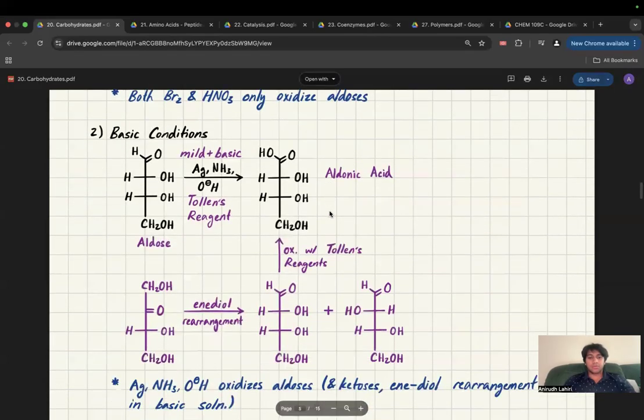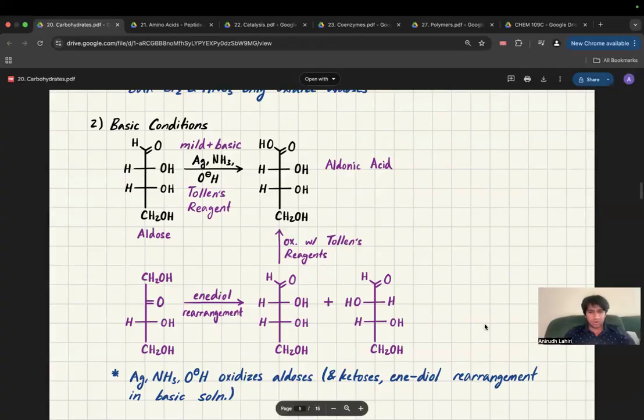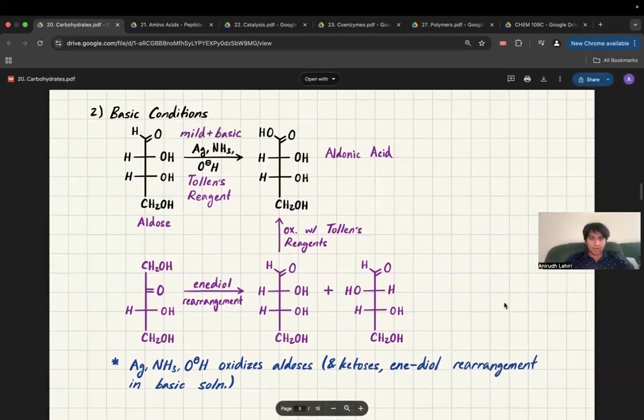So when we want to use basic conditions, we use something called Tollens reagent, and this reagent is pretty important. We'll talk a little bit more later on about why it is, what it's used for, but it basically forms something called an aldonic acid, which is when you have a carboxylic acid on the top, CH2OH on the bottom. And what's happening is it's going through an enediol rearrangement. So it could form the OH on this side or on this side. And it's important to note that